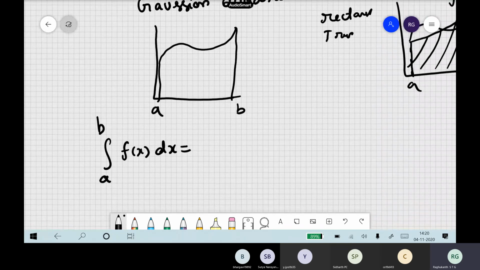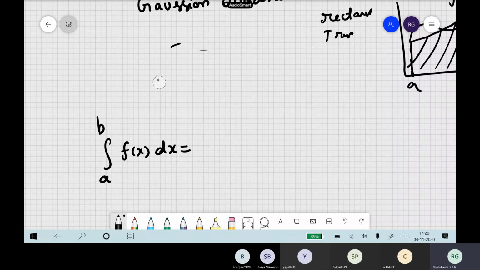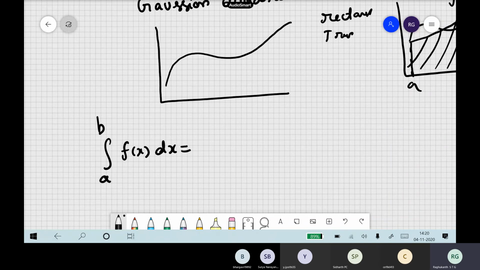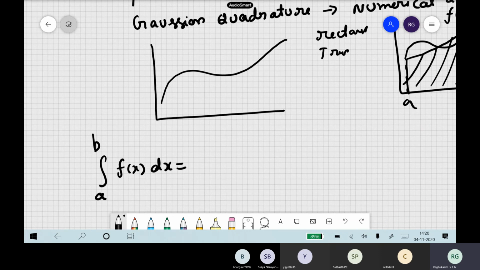Let us say the function is like this. To find the area under it, we select the points, that is a,